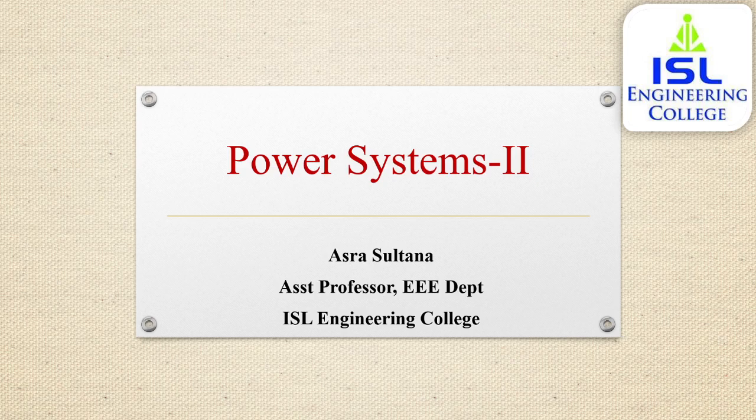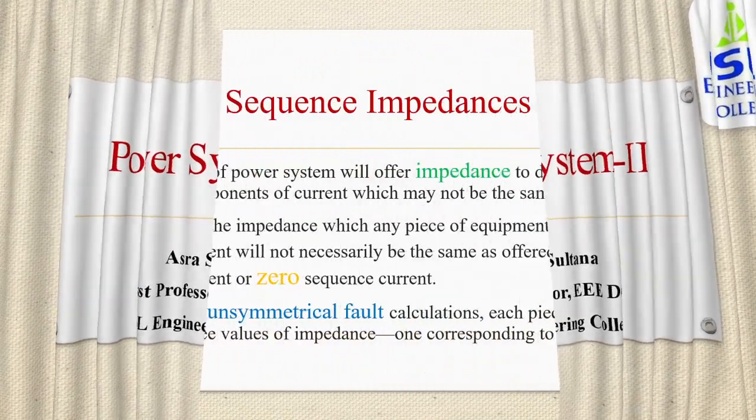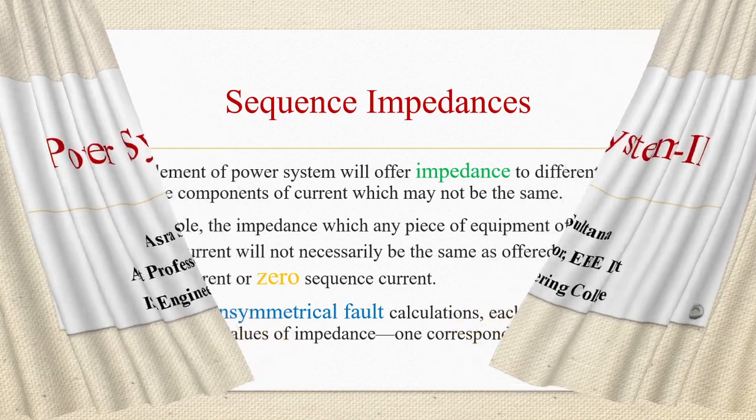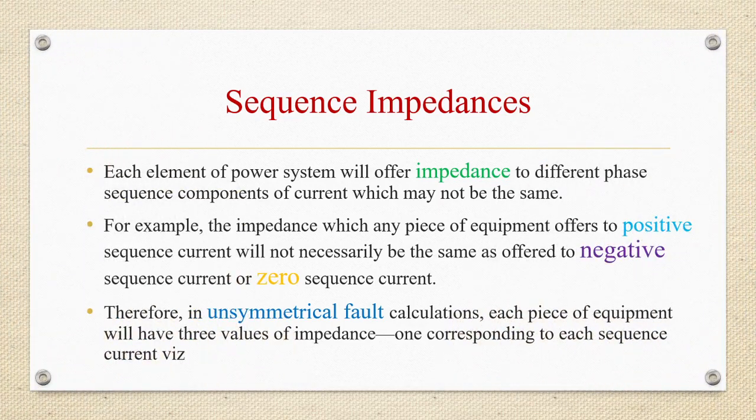We have seen in the previous classes, there is a method of symmetrical components which is used to determine the currents and voltages on the occurrence of an unsymmetrical fault. So we are going to analyze the unsymmetrical faults and the various current and voltage equations related to these faults. And after this class, next class, I will be telling about the various numericals. In the previous class, I discussed about the sequence impedances, and sequence impedances of power system elements specifically.